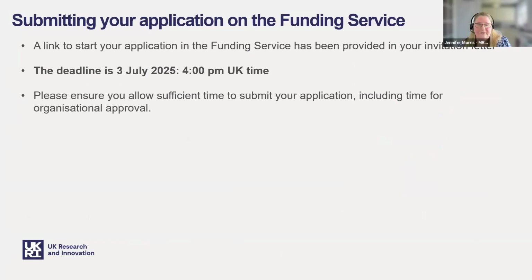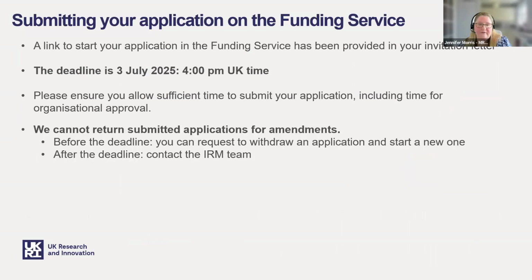To submit your application, please follow the link to the funding service that has been provided to you in your invitation letter. The deadline is the 3rd of July at 4 p.m. UK time. Please ensure you do allow sufficient time to submit your application, and that includes time for your organisation to check and approve it. And this is important because we cannot return submitted applications for amendment on the funding service, and that's even before